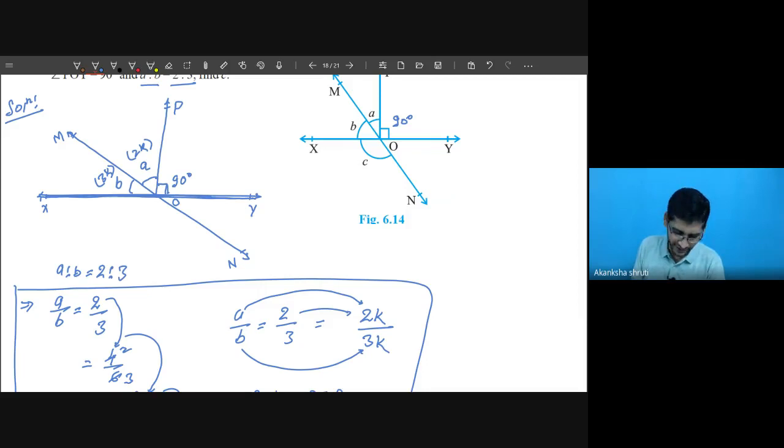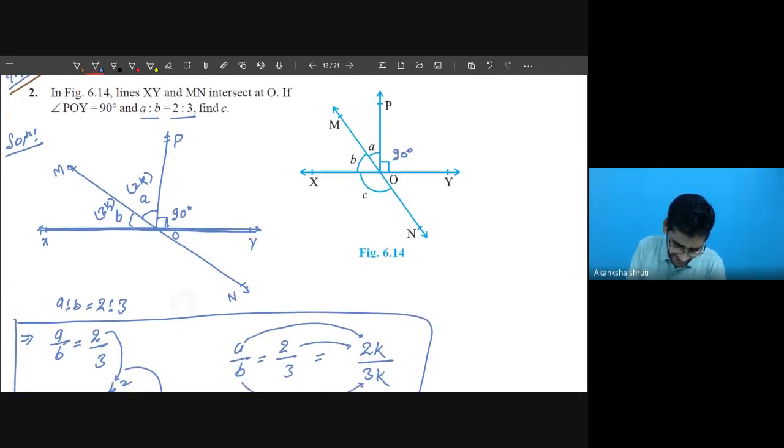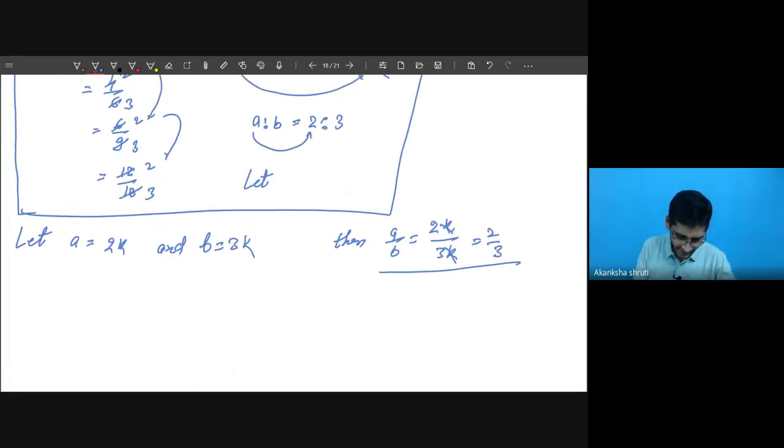You can calculate the value of K, then A and B. In this case, we have to find this angle C. Don't worry about this angle C. Angle C will be calculated later on by knowing B, because B plus C will again give 180 degrees if we consider MN as a straight line. So right now, after taking this,